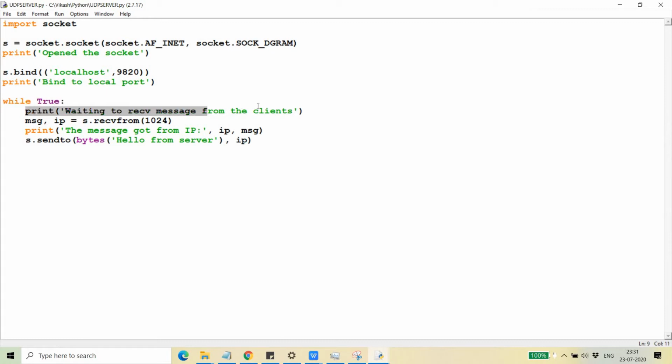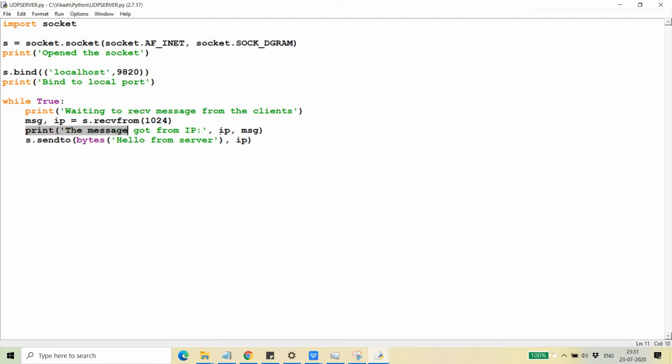Here I'm printing a message just for clarification that my server will be waiting for incoming connections. And then rather than recv, you will use recvfrom. Here I'm not using any accept call because this is not TCP, it's a simple UDP protocol. So it is nice to just use recvfrom. It returns two things. First is the message that has been sent from the client, and second is the IP from where this message has been sent. So if I do s.recvfrom, the message will be here, and the IP from where the message is coming will be here.